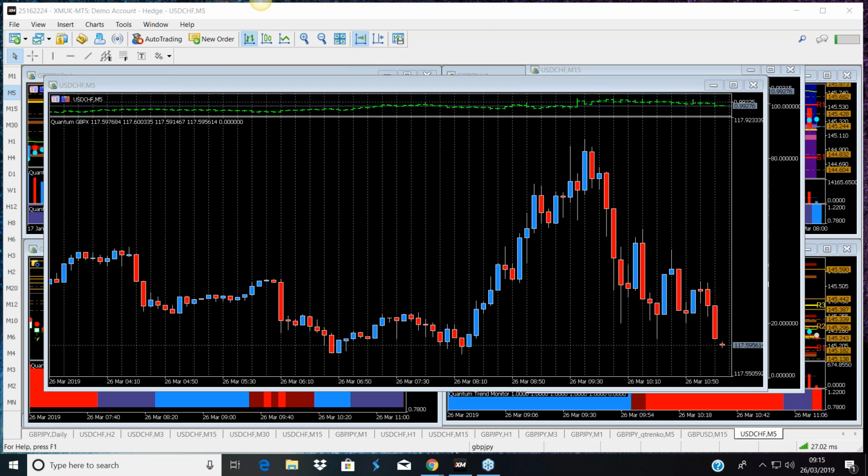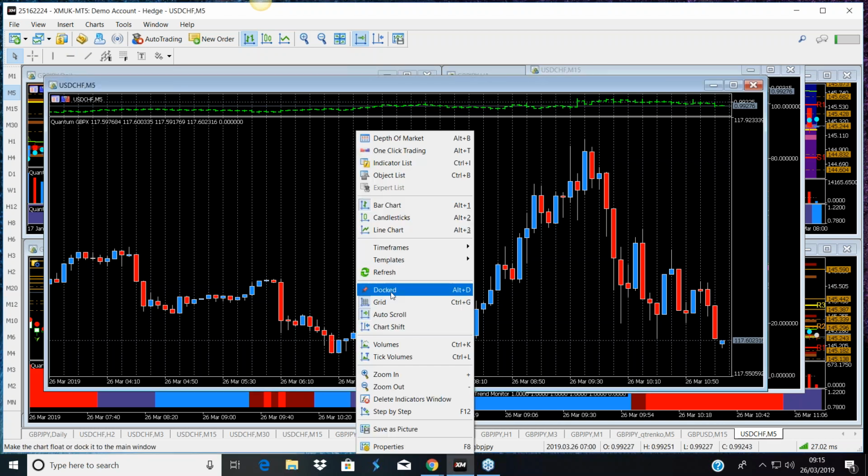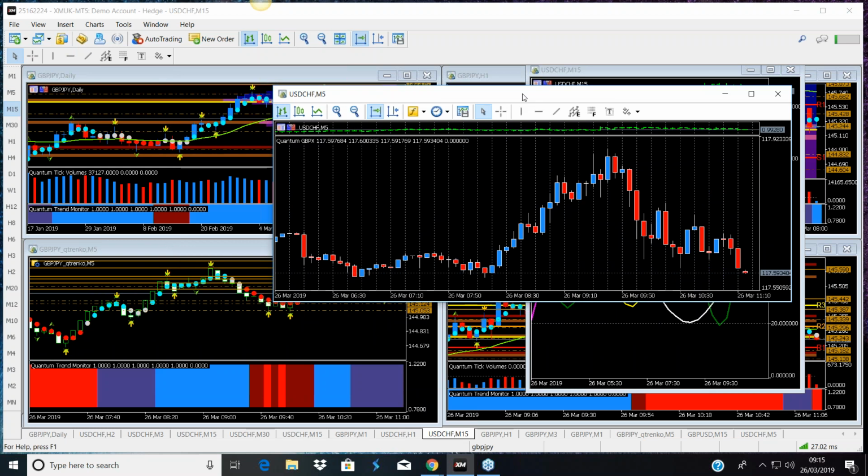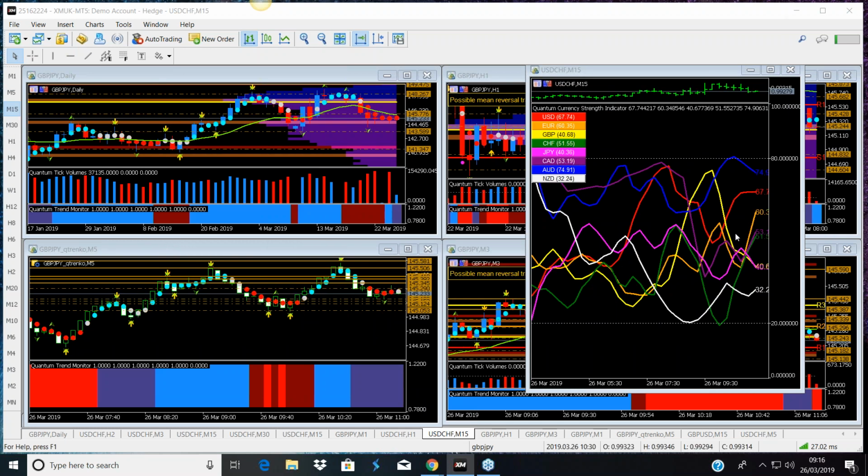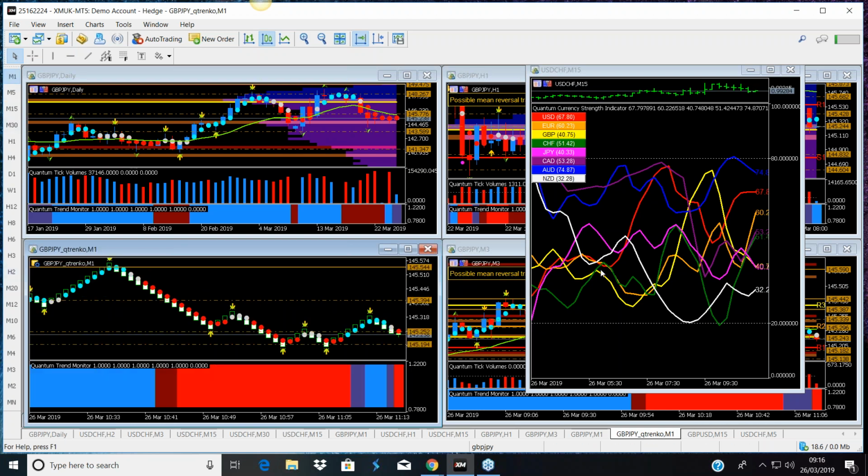All you need to do to enable it is go and download the full package again, and you'll find that the pound index is then available in the navigator and available for you to use straight away. It's very straightforward, very easy to do. It's all explained on the Quantum Trading site under the support pages on how to update your indicators as well. I will pass back to Anna.